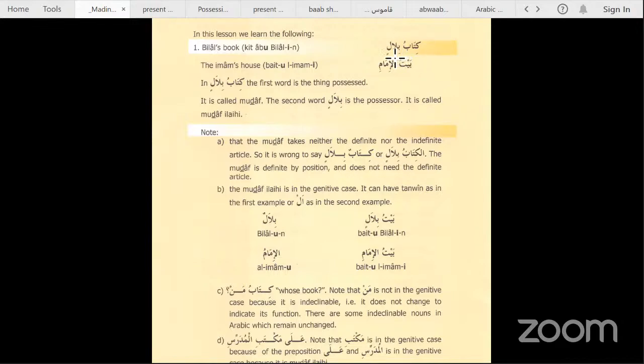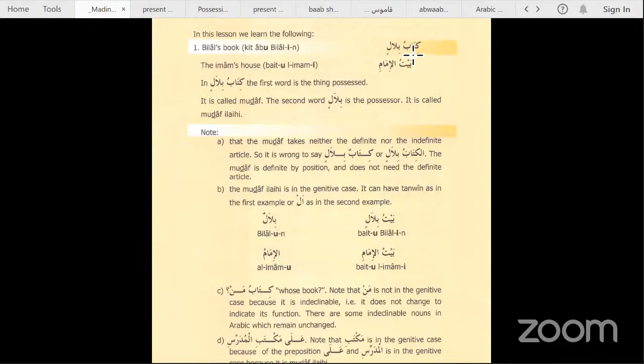And the second noun comes with it. As long as the second noun comes without alif lam, it will be read with kasra tanween. And if the second noun comes with alif lam, then it will be recited with one kasra. So the mudaf ilayh can come with either kasra tanween or a kasra. But the first part of the noun does not receive alif lam or tanween, exactly.